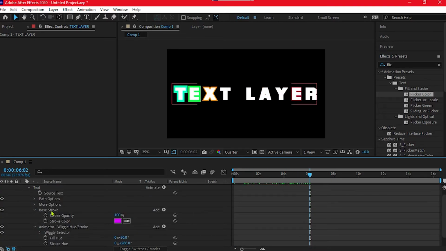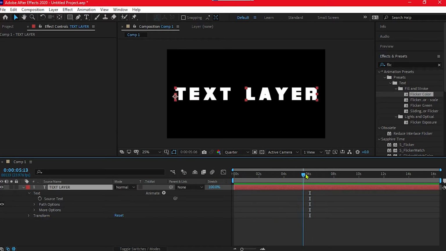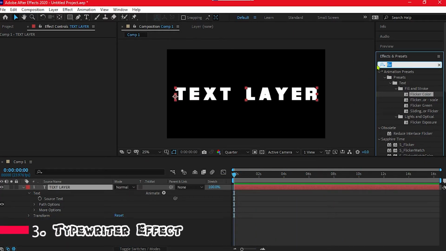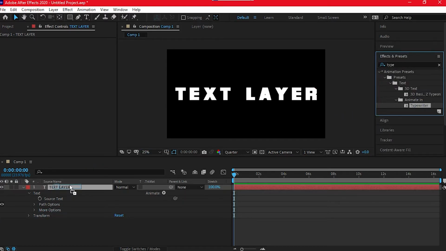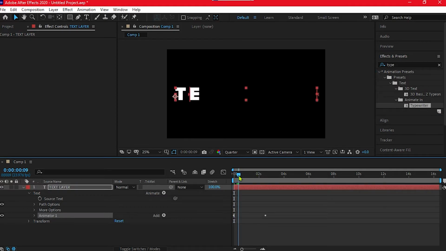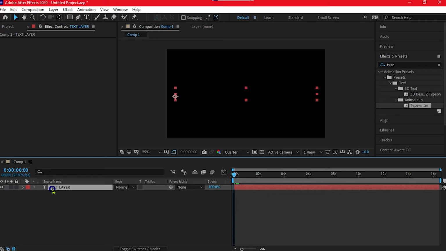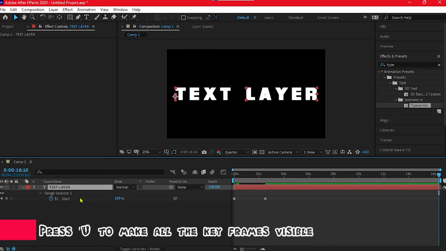The third effect is the Typewriter one. Search for it in the effects panel and you'll find it in the Animate In section. Drag and drop it to the timeline like this, and it's applied. You can see that a couple of keyframes are used here. I'm going to show you how to make changes in this.